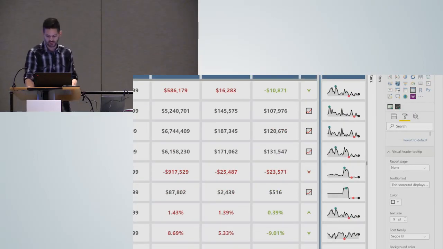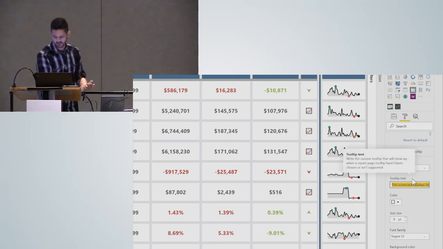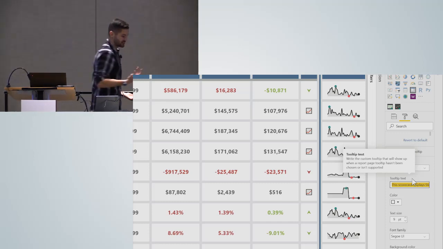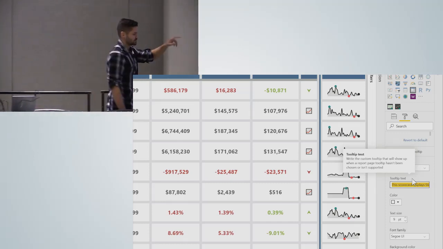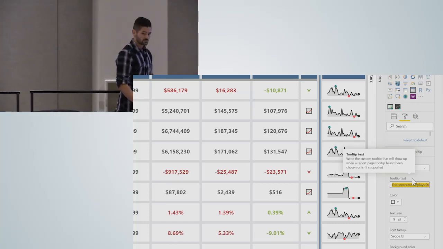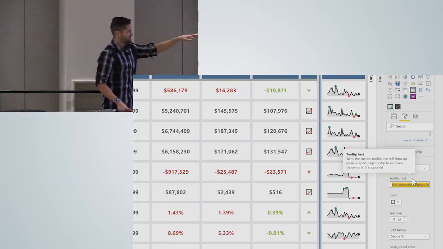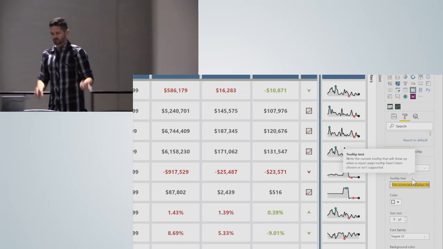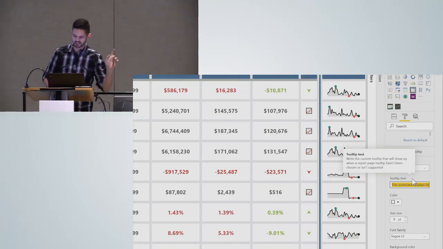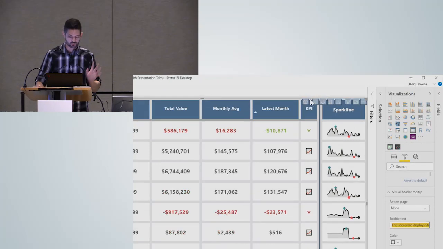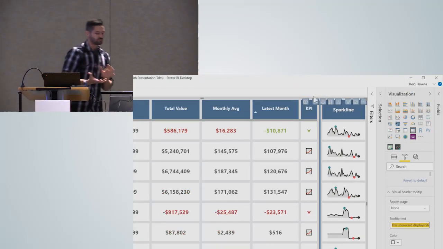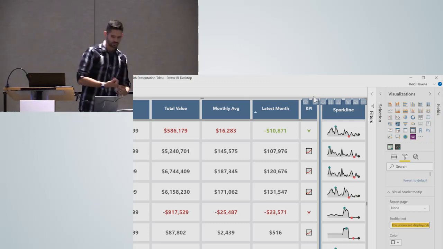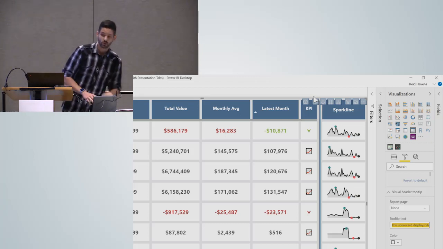Like any other kind of tooltip text or titles and stuff, you just type in the display that you need in there, and that shows up at the top. I won't go too far into the rabbit hole with this one. I will mention that if you are ever needing to include more text than the 250 character limit, which is the limit of the information that you can display in typing in that box, I do have a YouTube video that I will have a link to at the end that shows you a workaround with a report tooltip page. But this is something I would encourage you to include in your reports if you're ever building anything out that might be a little bit complex, because it just helps guide the users to knowing what's being displayed, how the functionality is supposed to work, and I found it's been very well received by my clients.